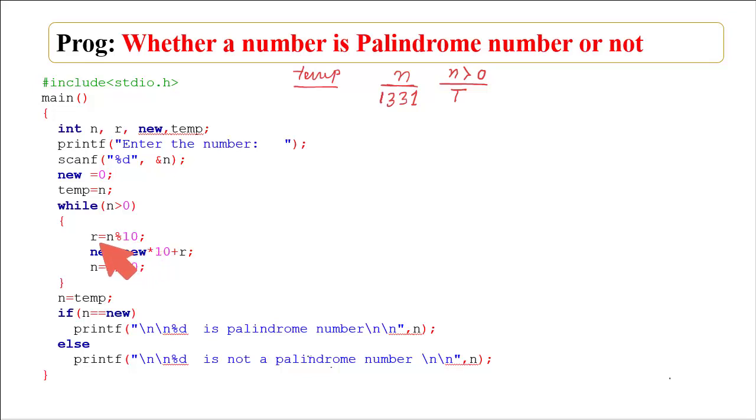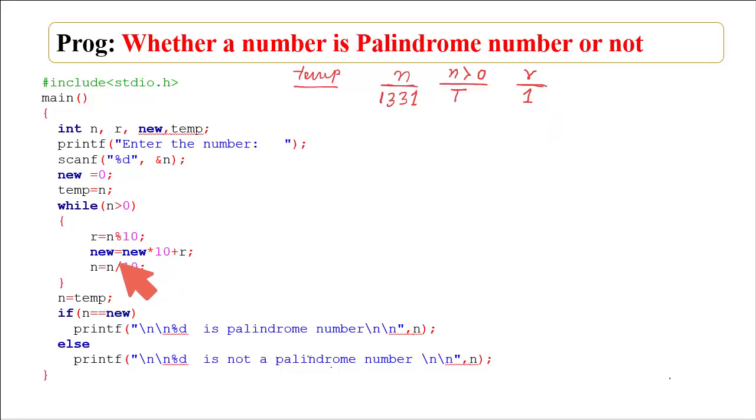First instruction: the variable r is n modulo 10. So n modulo 10 means 1331 divided by 10, and the remainder will be the value of r. If we divide this number by 10, then the value of r will be 1.